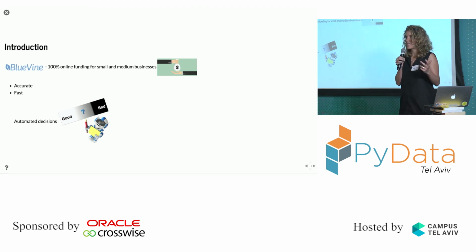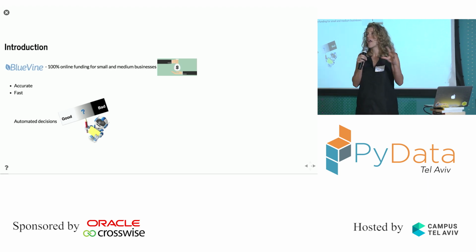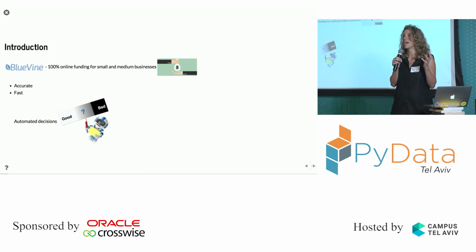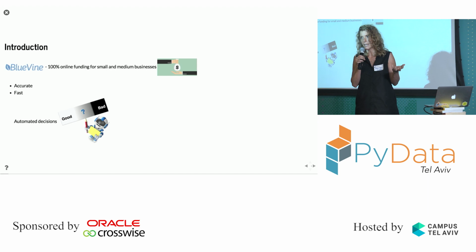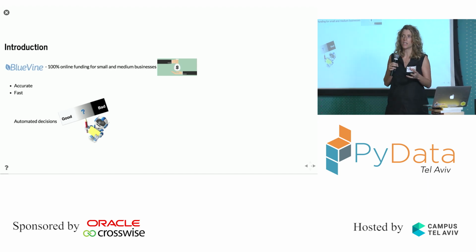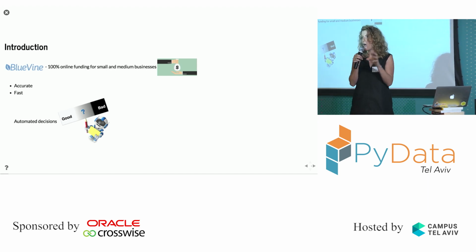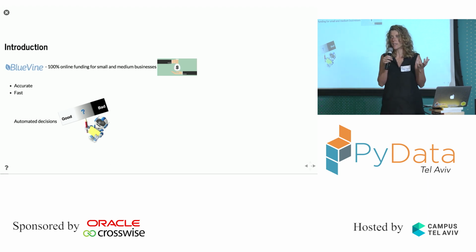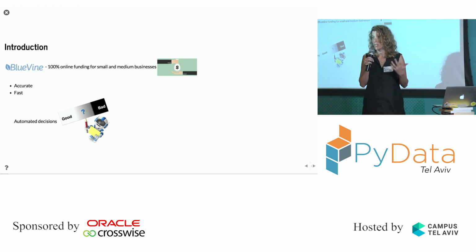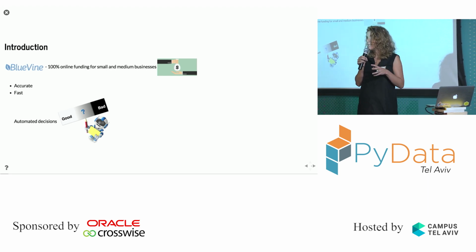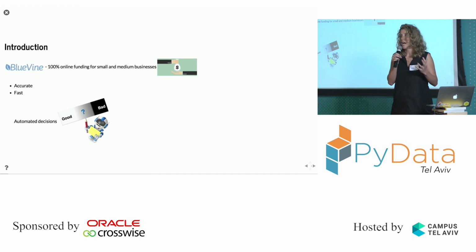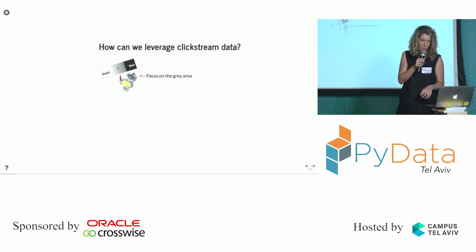So it's really nice that everything is automated and great, but in every automation there's always the gray area of things, the area where we can't decide automatically. And on this part we let the analyst decide manually. So in order to increase this area of decisions which are not automated yet, we need to make our models better. We need to make our data better. And one way to do it is to take a wider amount of sources, more types of sources of data. For example,